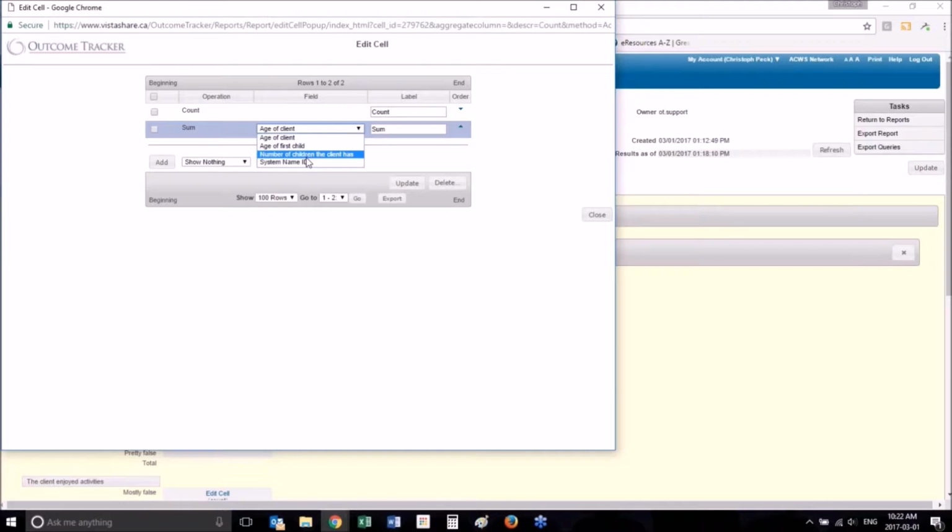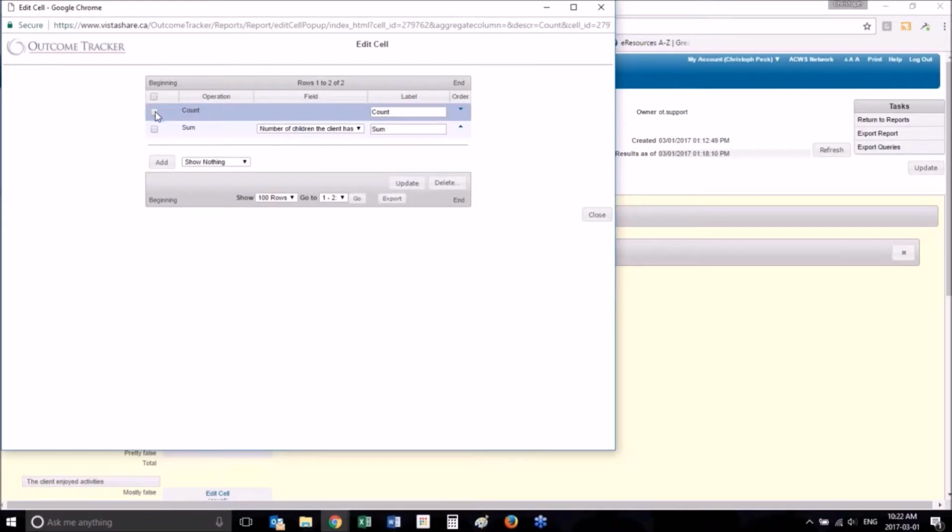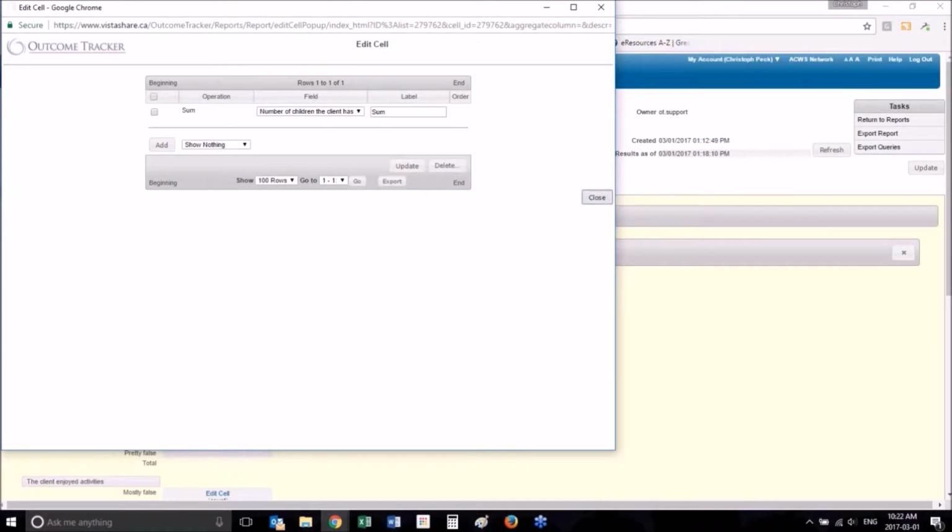So the field that we're working on right now is number of children the client has. And we click Update. And I find often when I put in the sum, I don't want the count. Both those pieces of information aren't useful. So basically, I find that when you want the percentage, you usually also want the count. But when you want the sum, you usually don't want the count. So I delete that, close,